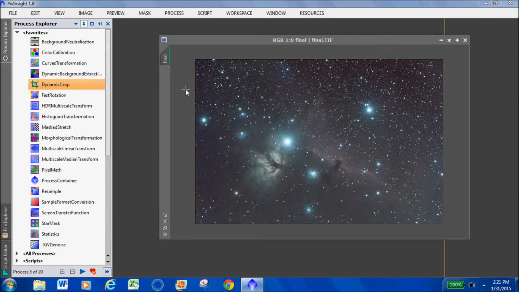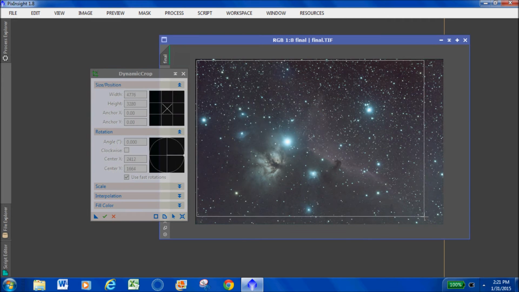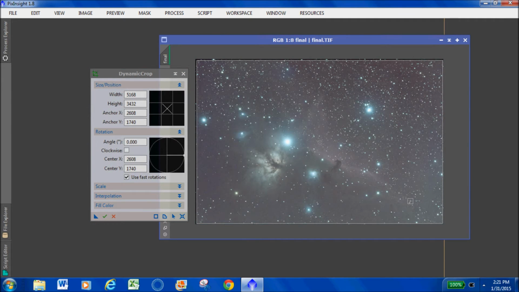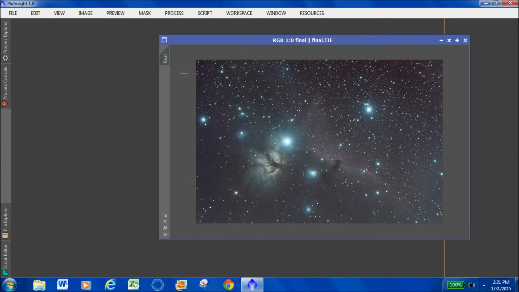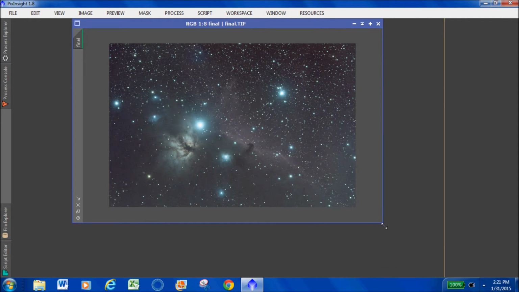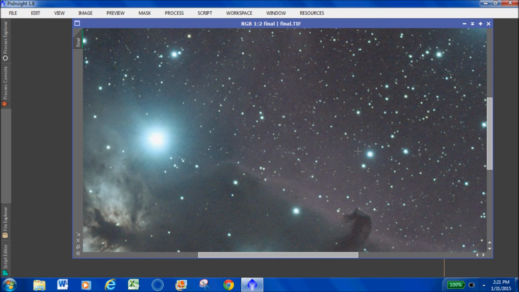Let me go ahead and crop out some data that's missing here on the edges. This is not an image I'm going to be saving, I just wanted to show you. So of course, there's a lot of noise associated with this image, and you can see it's not horrible, but